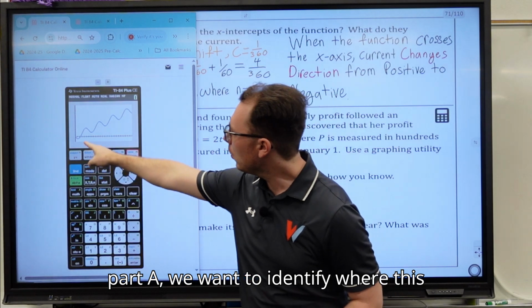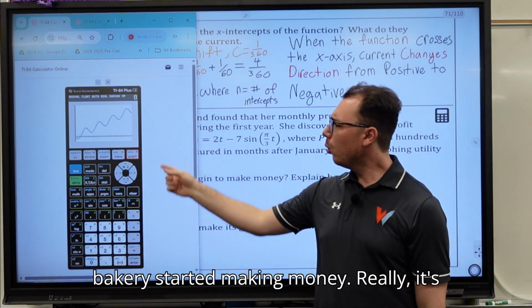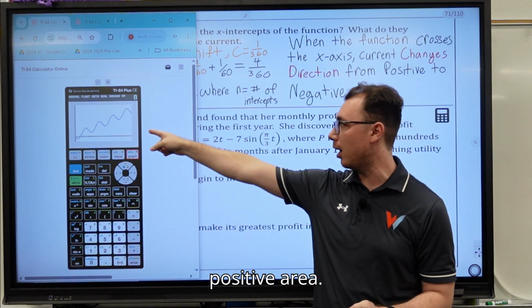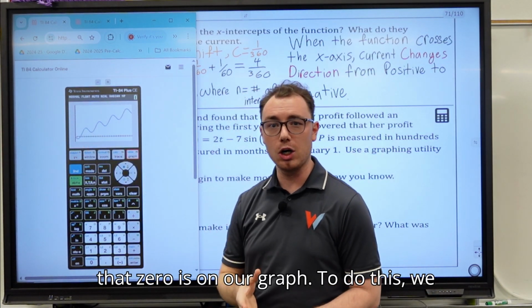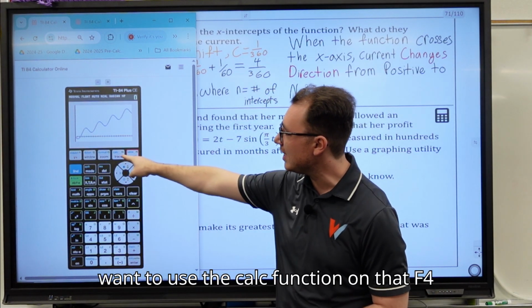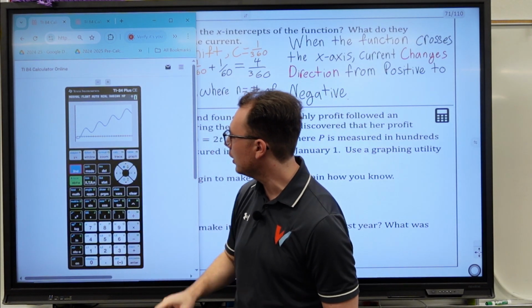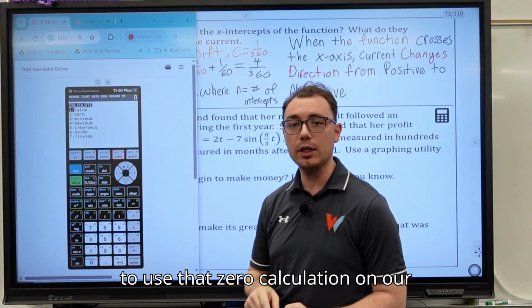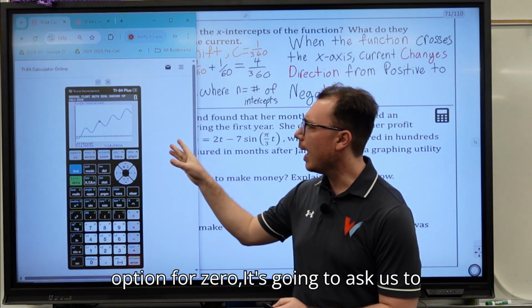In part A, we want to identify where this bakery started making money. Really, it's just when the graph is in that positive area. To find that, we need to identify what that 0 is on our graph. To do this, we want to use the calc function on that F4 key. We're going to hit our second option here, calc right above trace, and we want to use that 0 calculation on our calculator. We go down to that second option for 0,